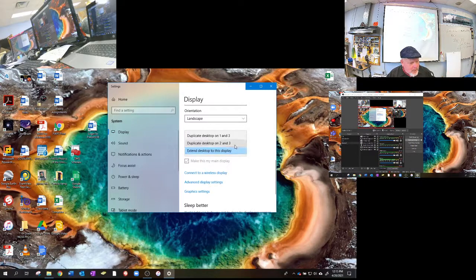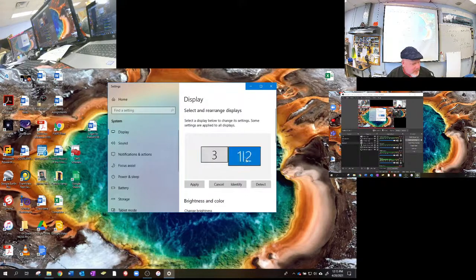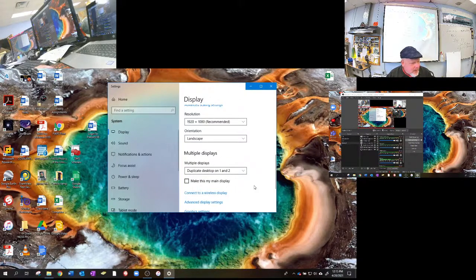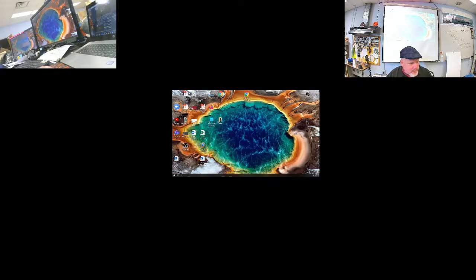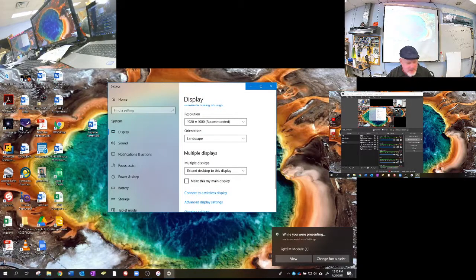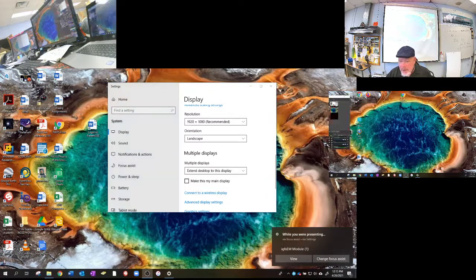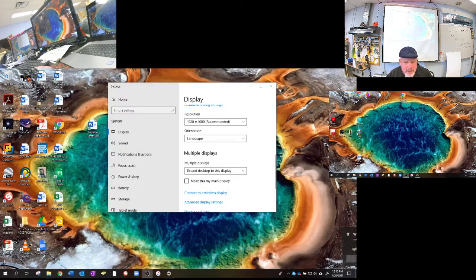What I want to do is extend. Now remember, I should be clicked on 1 and 2. Now it says duplicate on 1 and 2. What I want to do is extend the desktop on 1 and 2. And then I want to say keep the changes. And now what I have got is